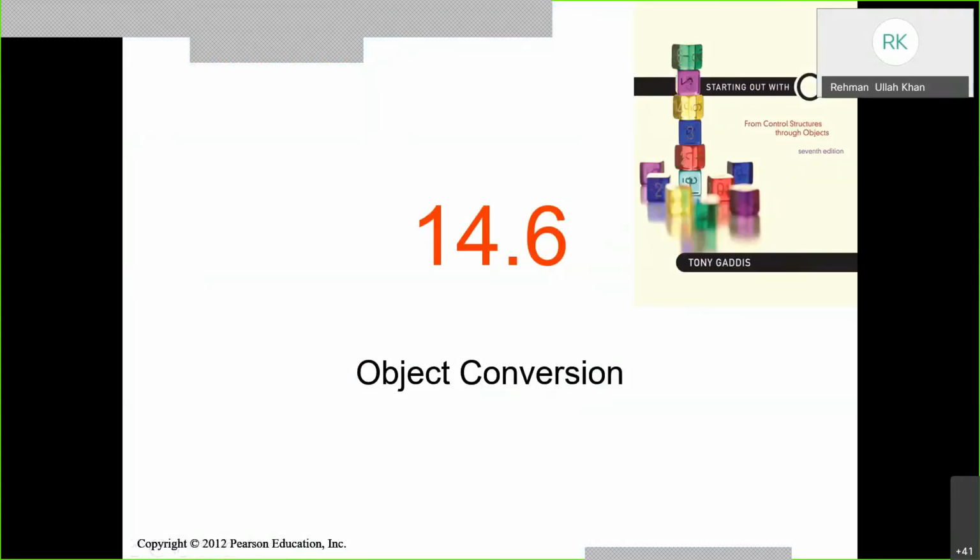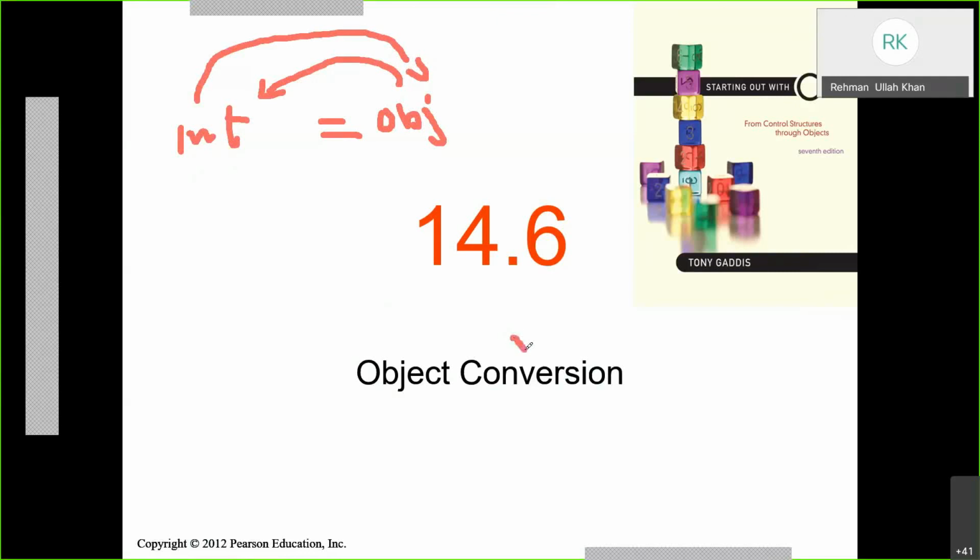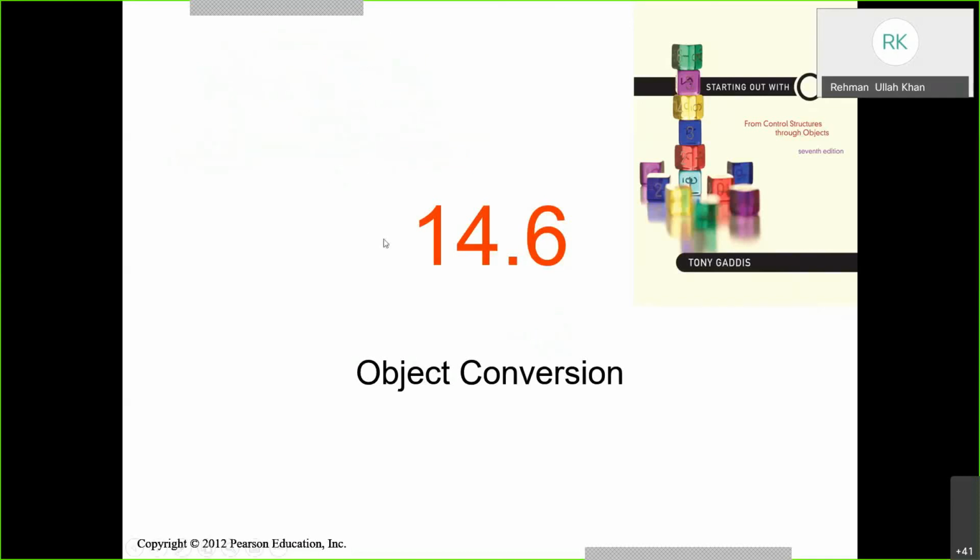So in this way, we can add objects to each other. We can also convert objects. Conversion of objects means that on one side we have a normal data type, let's suppose int, and on the other side we have objects. How do we convert the object to an integer, or the integer to an object? For this conversion, we can use the same overloading concept. When there is an assignment operator, and on one side is a built-in data type and on the other side is an object, the compiler knows it should call the overloading function.